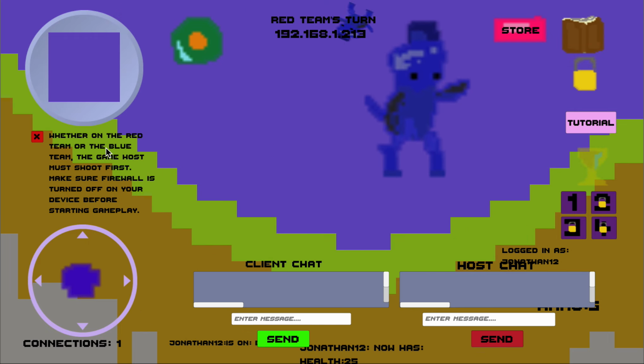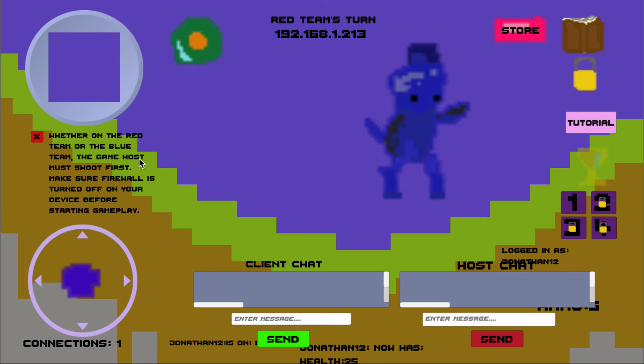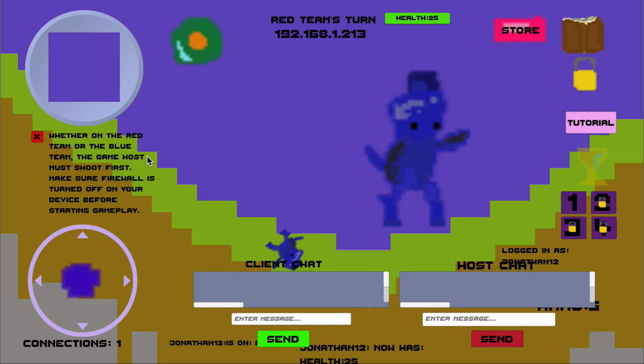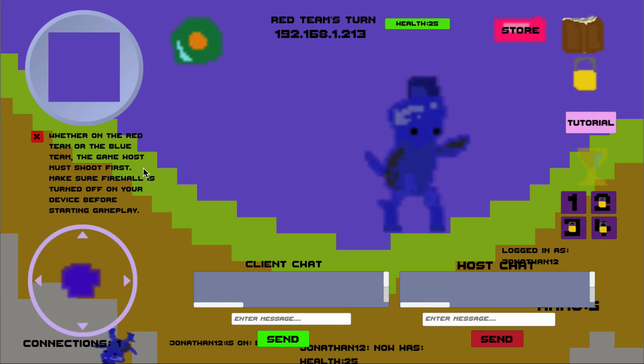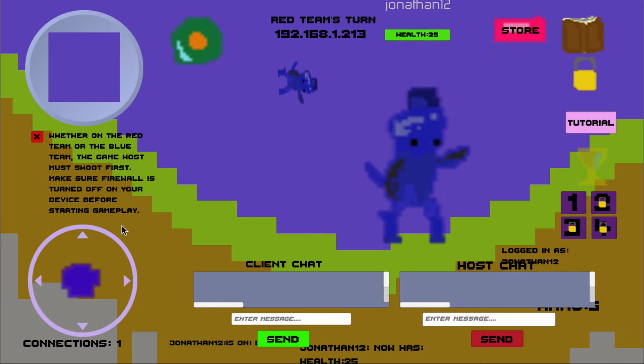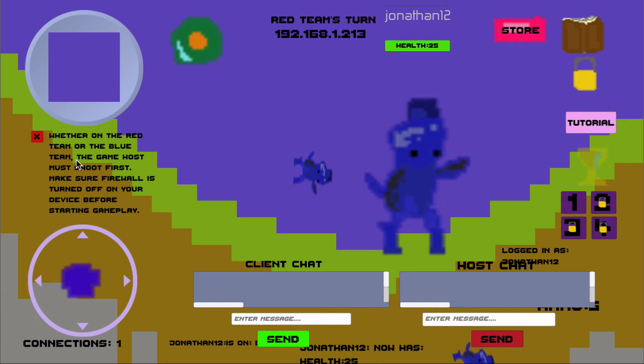And this over here is the instructions that come up whenever the game first starts. It says whether on the red team or the blue team, the game host must shoot first. So the game host must shoot first. And make sure firewall is turned off on your device before starting gameplay. Firewall must be turned off